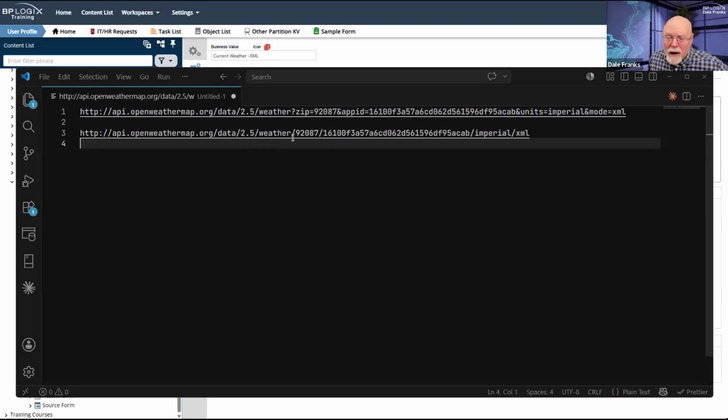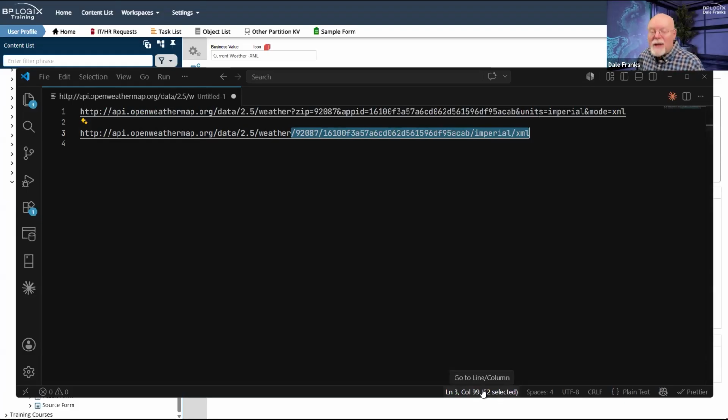It's just saying, okay, this is where I'm going. And then the REST web service will start looking at all of the slashes after weather to determine what data to pull back. So that's a second very common way of pulling this data in, either having a custom configured URL or just having the base URL with a bunch of URL parameters. Those are the two most common ways that it works.